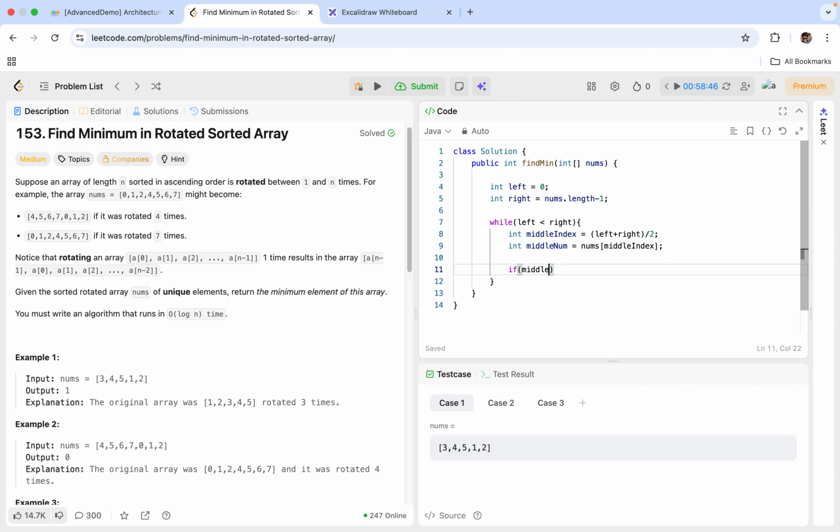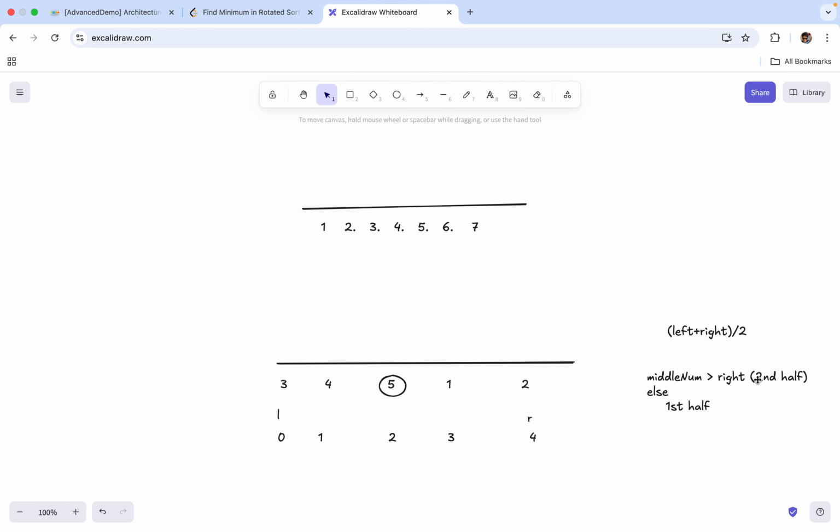So if my middle number is greater than my rightmost number here, then I know that my shifting point or the rotating point lies in the second half, right? So now I'm going to shift my pointers here. So my left will become middle index plus 1. Simple, right? If not, if this condition fails, then my shifting point or the rotating point will lie in the